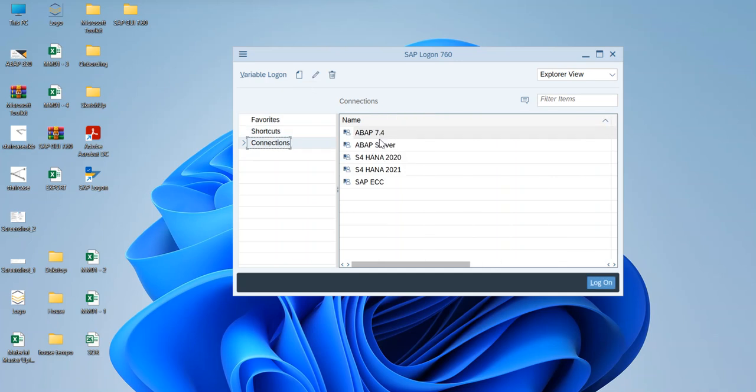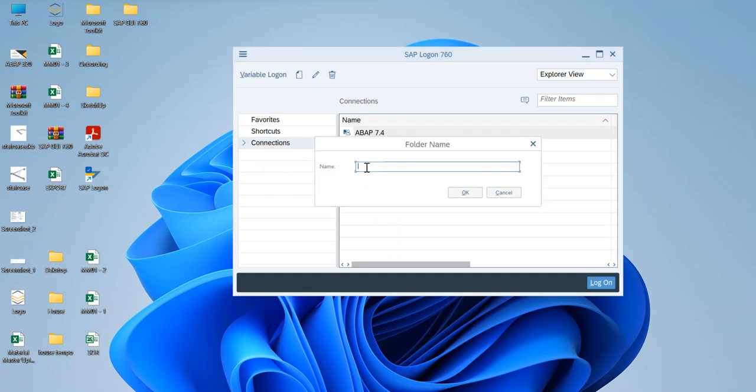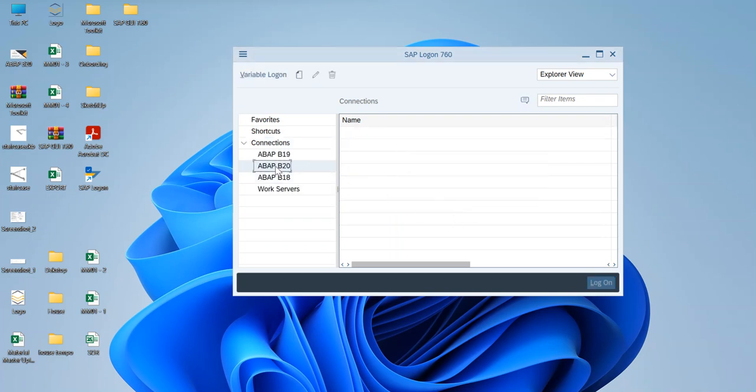See, some of them are already available. Just ignore them, I have already added. Let me show you. Just right click on the connection and say add new subfolder. I'll add a folder like ABAP B20, ABAP batch 20, and say okay. So you might see an empty thing like this. After that, select this and say create,